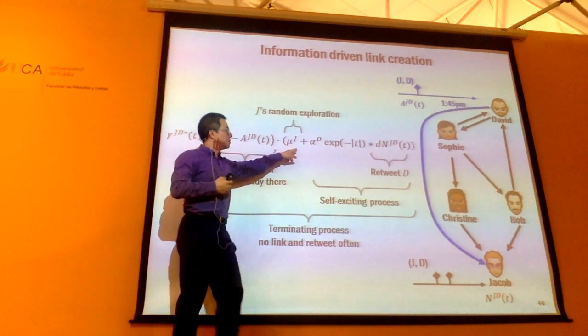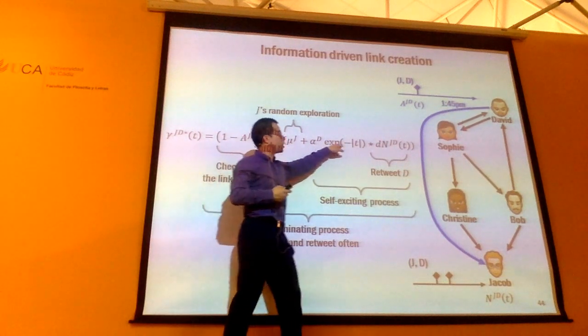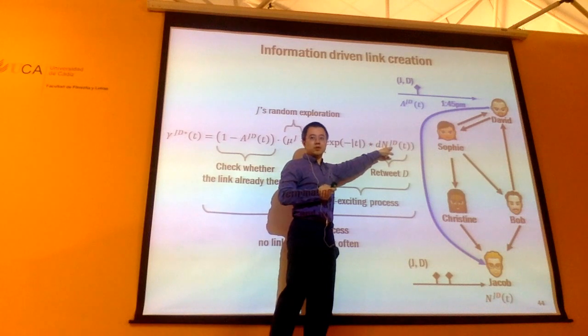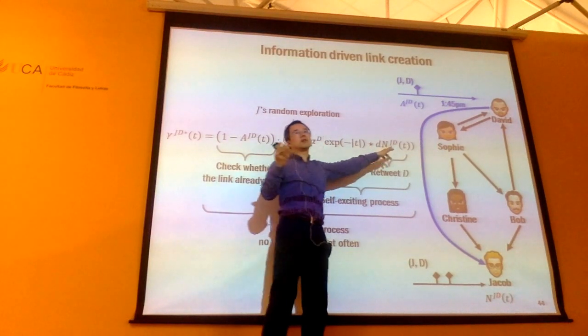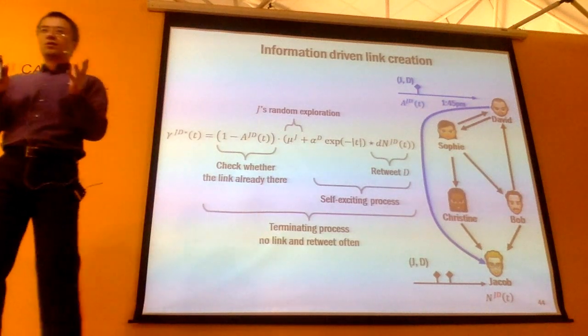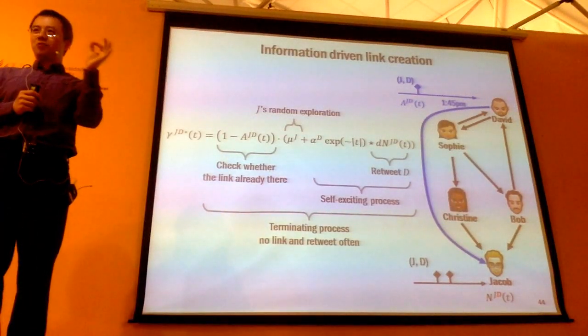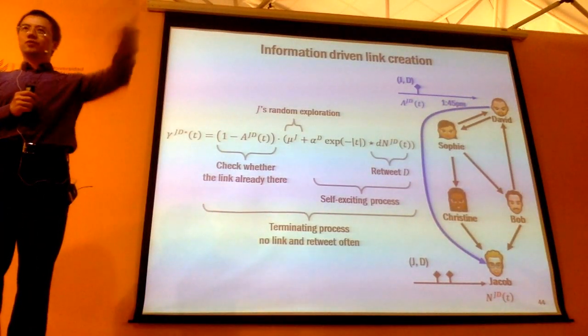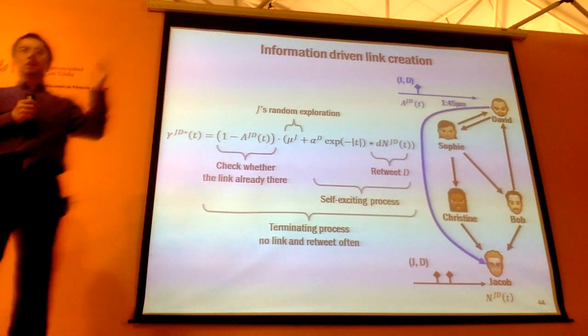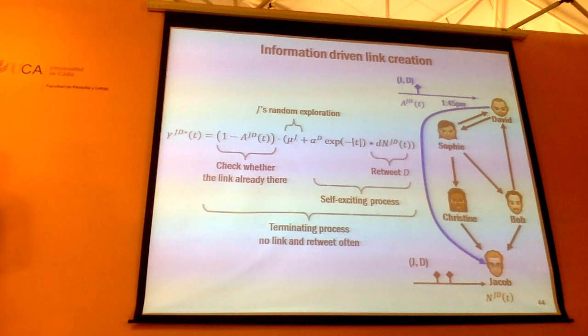And this term only keeps track of the tweets you have retweeted. Okay? If you have never retweeted anything originated from someone, you don't need to keep track of it. Only when you start retweeting the particular tweets originated from someone, you keep track of that intensity. Before you actually do it, you never keep track of it. That's why you don't need to worry about the scalability of it. Okay?